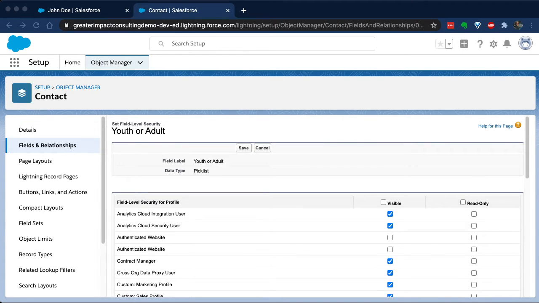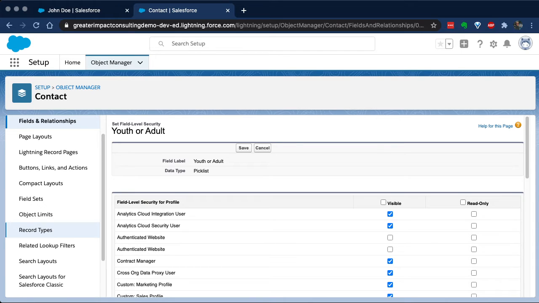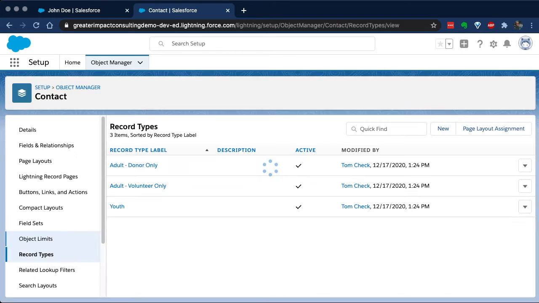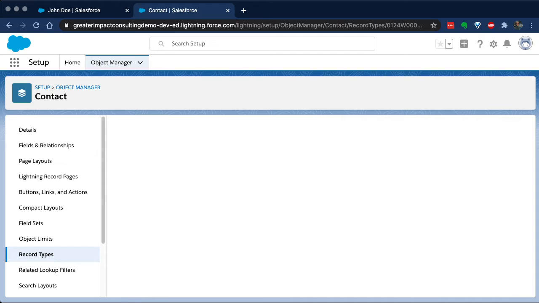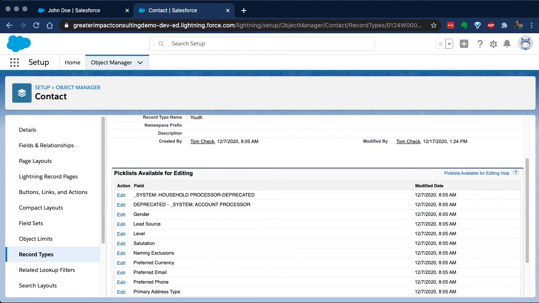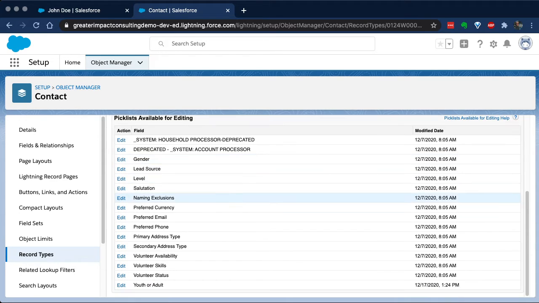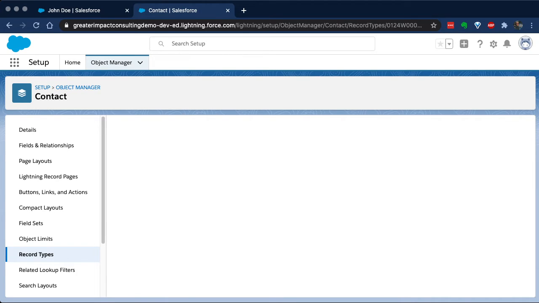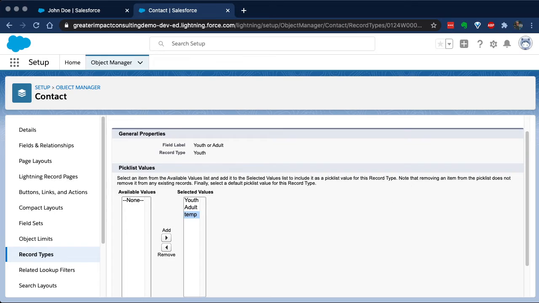If it's just that some record types have the values you want and not the others, what you would do is go to your record types section. And under record types, we're going to see that each of these record types down below, when we just click on the record type, has pick lists available for editing. So in here, what I can do is select it so that this record type does not have certain options available. So if I were to remove temp from the youth record type and I hit save,